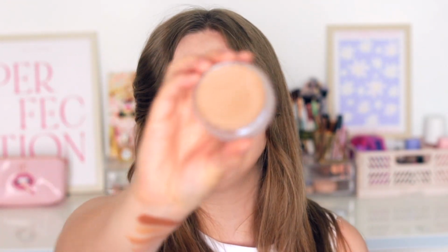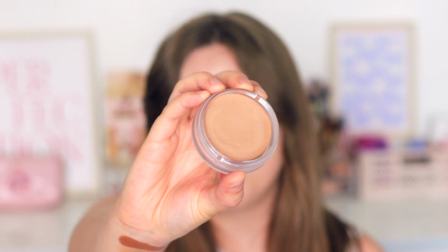Place number 4, this is where it is getting really difficult. I am placing this NARS Laguna bronzer in the shade Laguna 01. NARS already did have the Laguna bronzer in their collection, but they came out with a lighter shade, and this shade is so much more perfect for my skin tone. I haven't used this one as much as you can see, which kind of makes me sad because it is